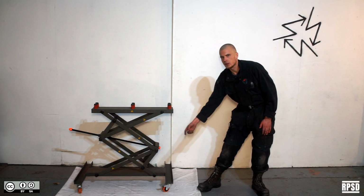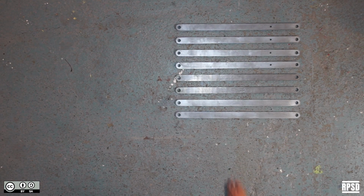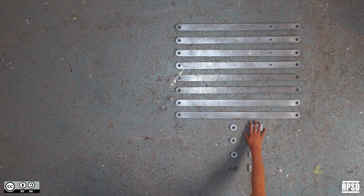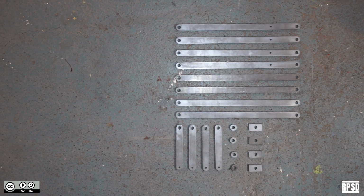Now the base is done, we can work on the legs. You're going to need some 10mm steel sheets, some steel C-beams,